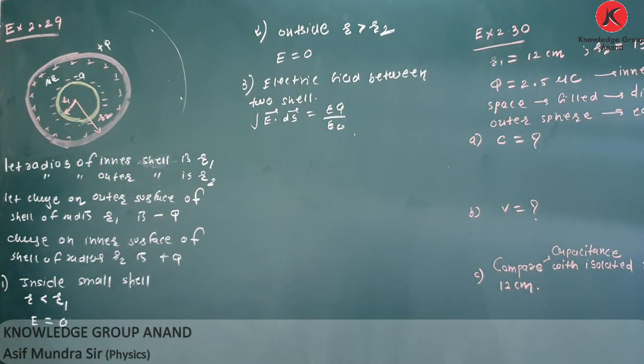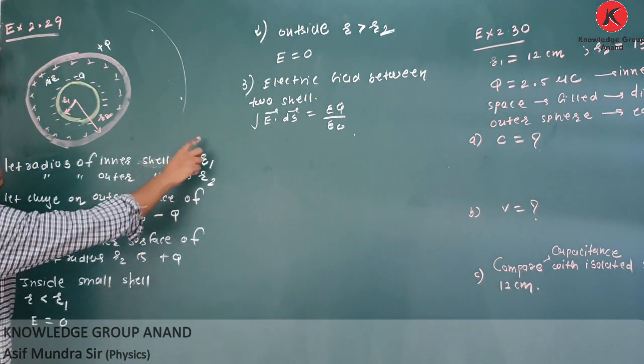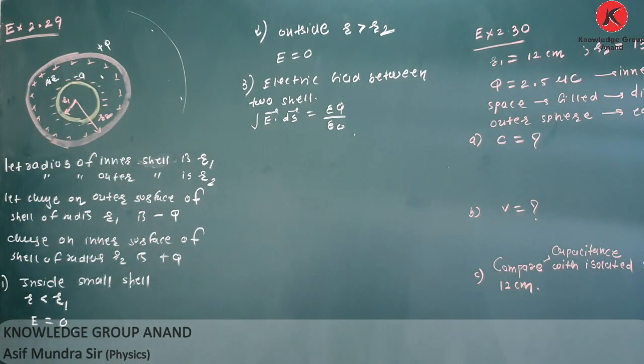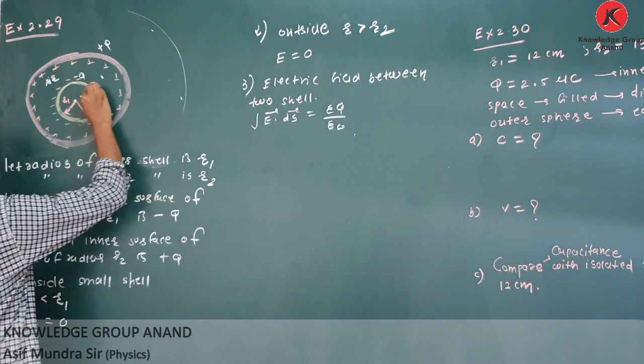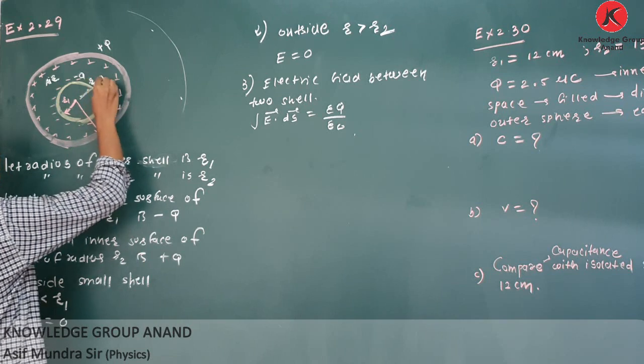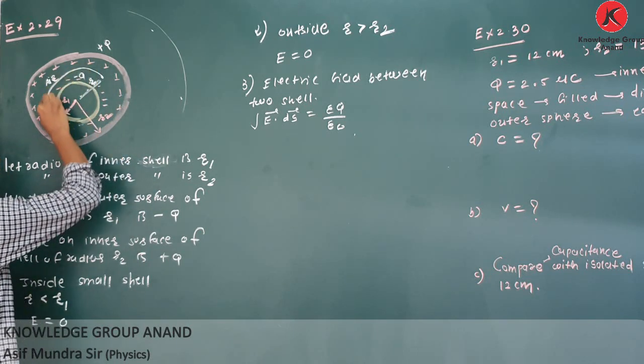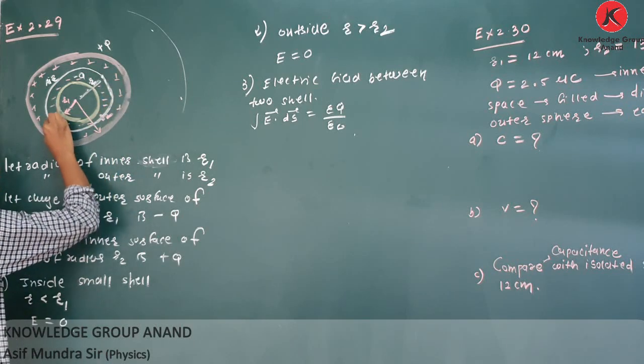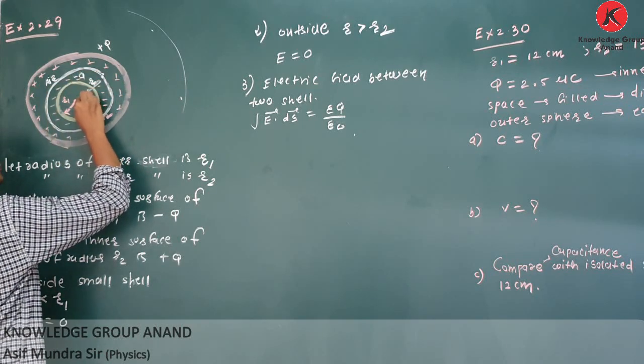I am taking electric field between two shells, suppose this point, at distance r. So if you draw one Gaussian surface of radius r,